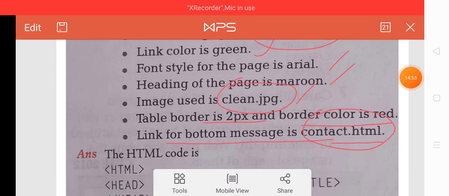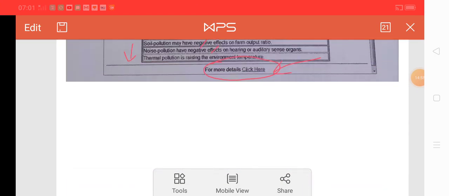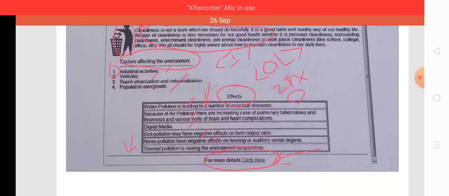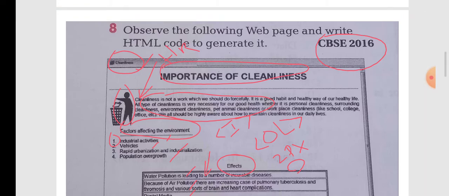Now I think all the concepts are very clear to all of you, what type of tags are used in this page. In this type of question, one thing is also very important: when you write the code for a particular web page and apply the tags correctly, then marks will be provided accordingly.